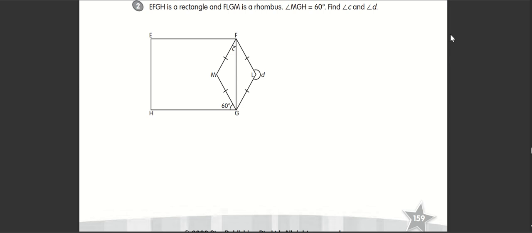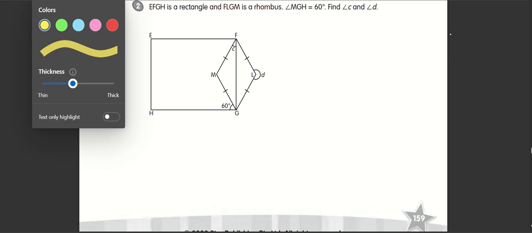EFGH is a rectangle and FLGM is a rhombus. Angle MGH equals 60 degrees. Find angle C and angle D. Right, this information provided in the question probably are clues to how to answer. So let's start off with